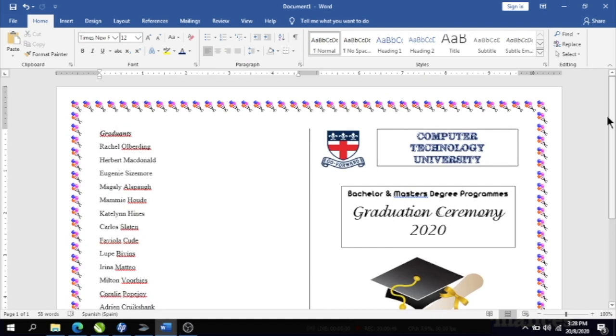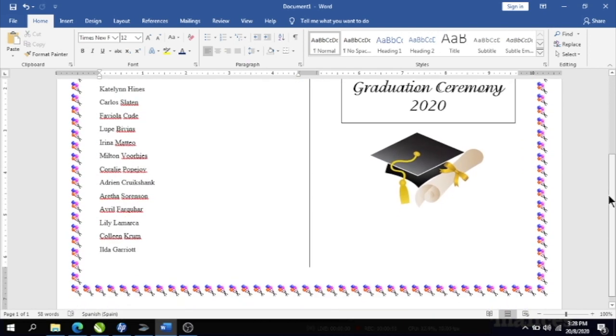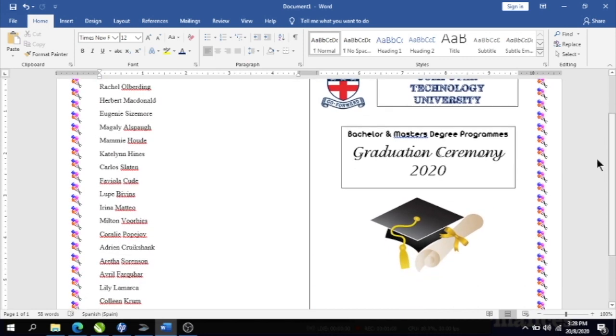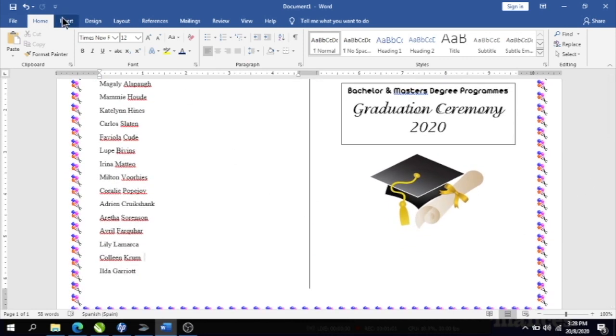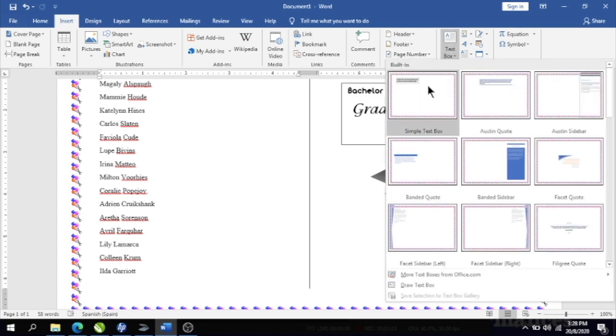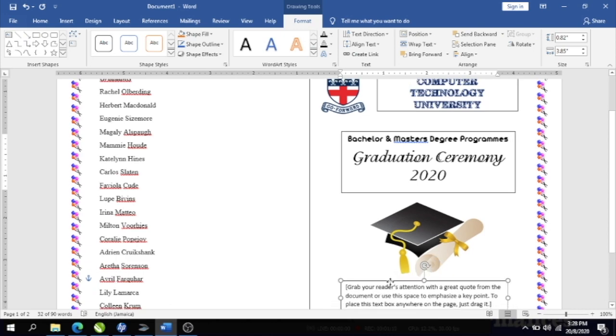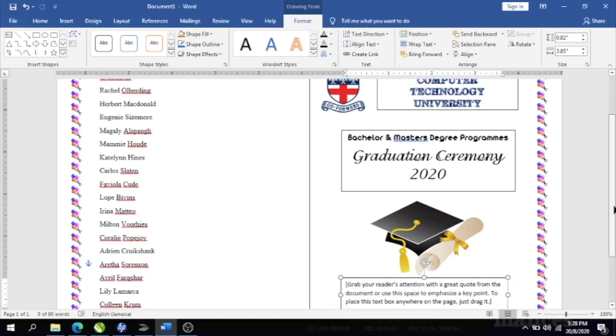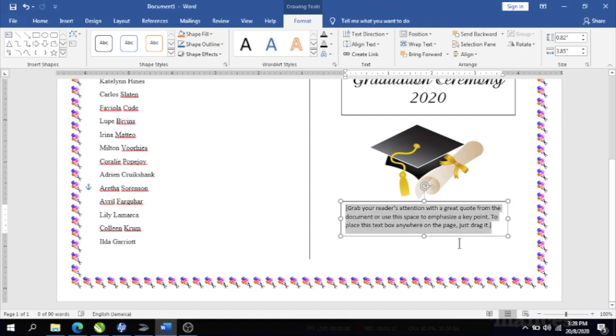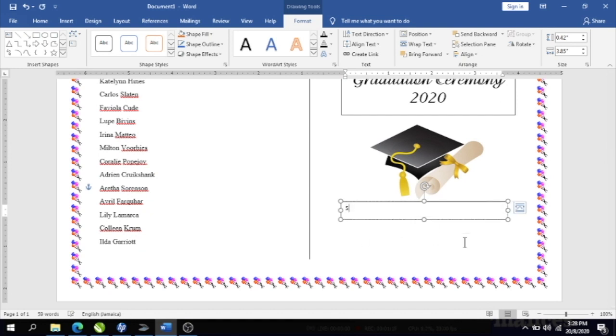Alright. I am also going to put the information that should be at the front, which is the date, the starting time, and where the graduation exercise will take place. So I'm going to insert another text box and put it below there. That's where I'm going to put the information that is needed. So there we're going to put Sunday, August 24, 2020